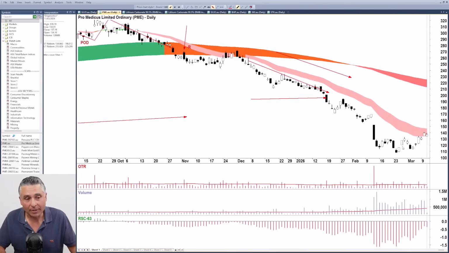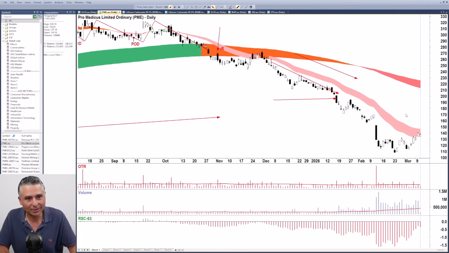Funnily enough, equals R has turned out to be probably the right thing. Not probably, it's higher than what it was, marginally, a little bit. So equals R has turned out to be the right thing to do, and minus R hasn't been the right thing to do. If you minus R on that day, you're going, oh, well, it's higher. Well, how much higher is it? Who cares? It's not that much higher. Better things to do with my risk than take the risk on this one, because the risk is still, I think,